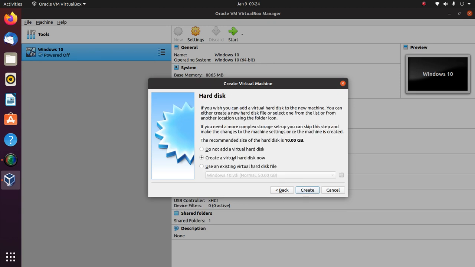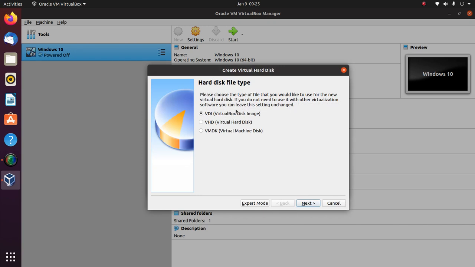Next, it is going to create a hard disk for you. As I already told, VirtualBox is a sandbox within which an operating system behaves like a complete installation. So that operating system needs primary memory, that is RAM, as well as physical hard disk memory to store the operating system files. So we need to provide some space from our hard disk for the virtual machine to use for the operating system we are going to install. So I am selecting a virtual hard disk to be created. They are recommending a size of 10 GB. Yes, I am very much fine with this and I am going to create.